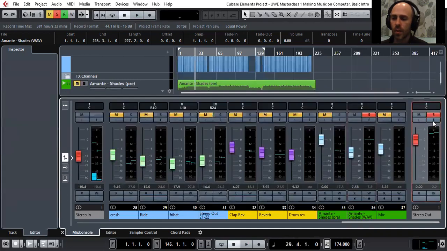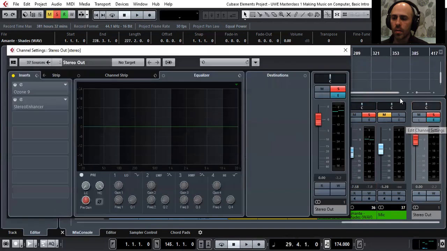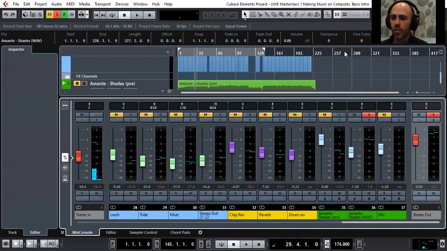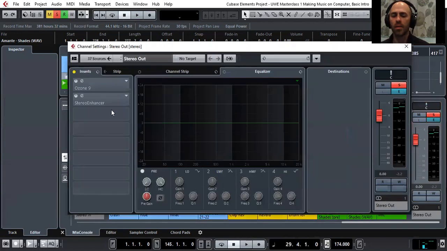Sorry, I've just got to move that. Basically, when you've got your track on your master channel, here we go, you can apply inserts and effects in here. So what I've done on this pre-version